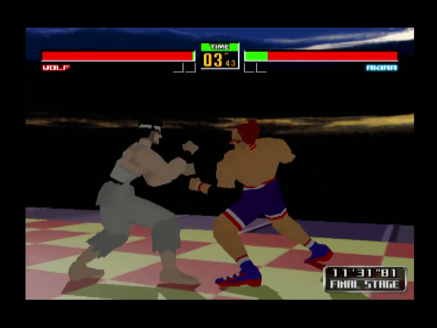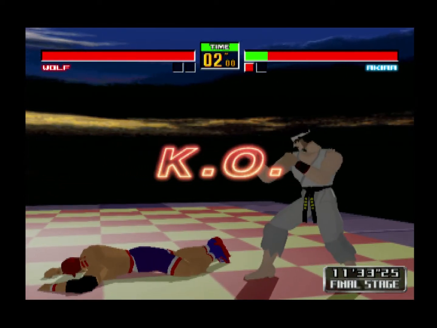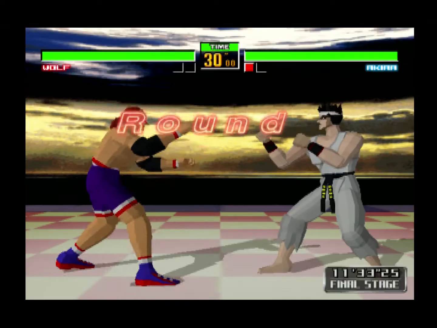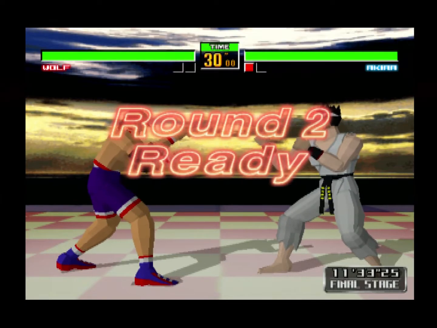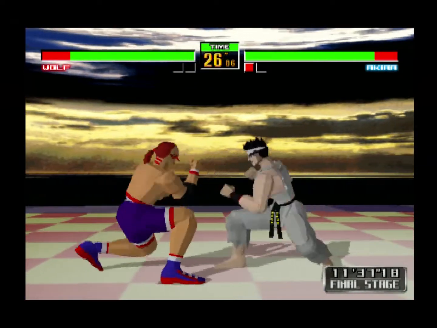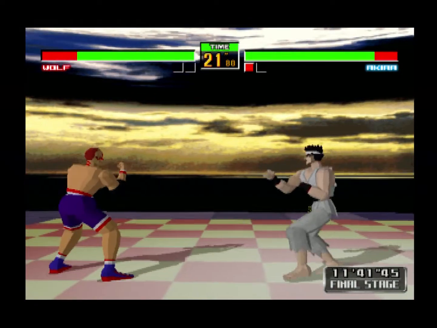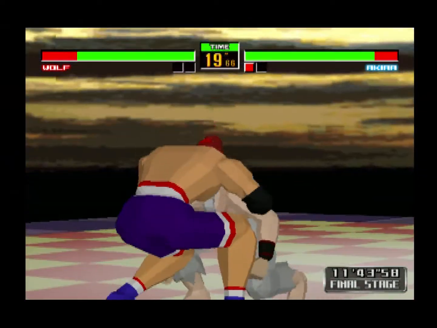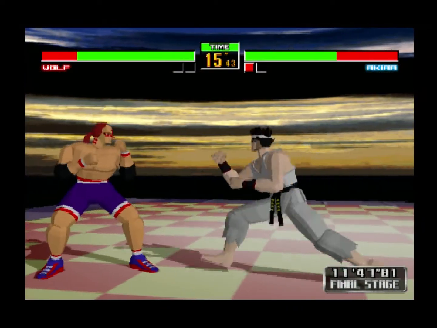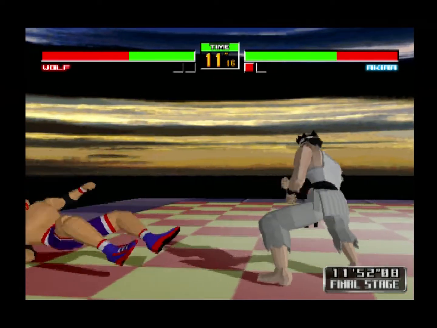Now, I bet in VF4, I could not beat any Akira, no matter how low rank they were, when I was playing Kumite mode. I could not beat them, so this could be rough. Why didn't I just do a throw? I just wanted to throw. So he's just gonna...